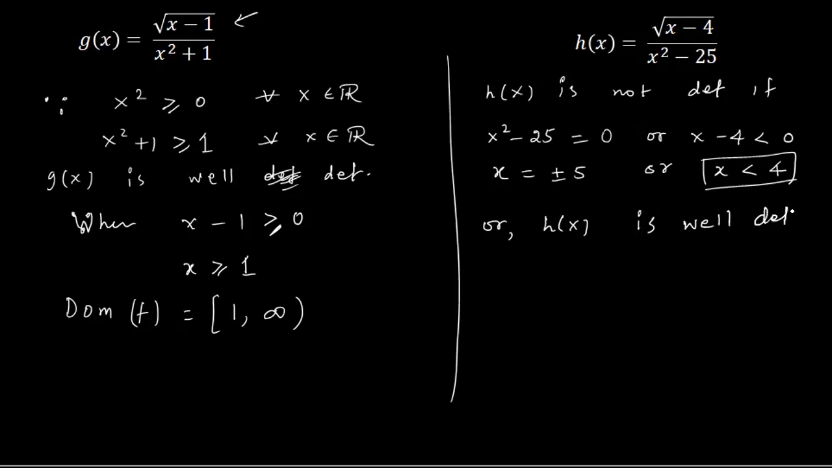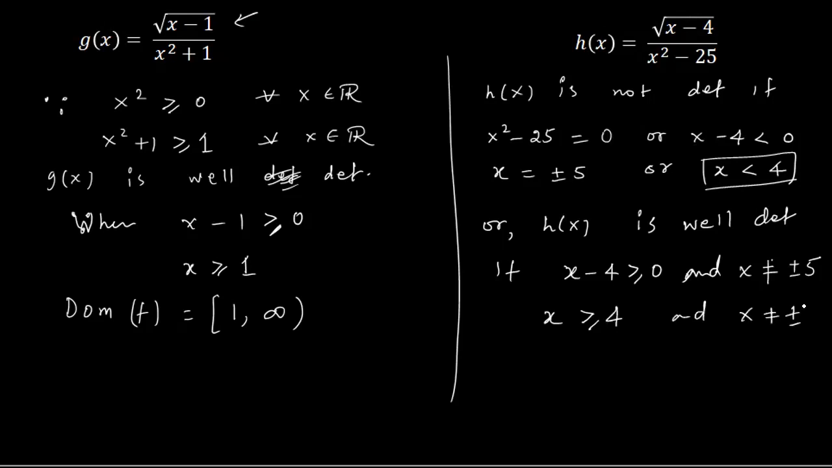h(x) is well defined if our numerator is okay, if x minus 4 is more than or equal to 0, and our denominator is not 0, that is x is not equal to 5 or -5. So from here we get x is more than or equal to 4 and x is not plus minus 5. So combine these two results together, we can say domain of this function is,